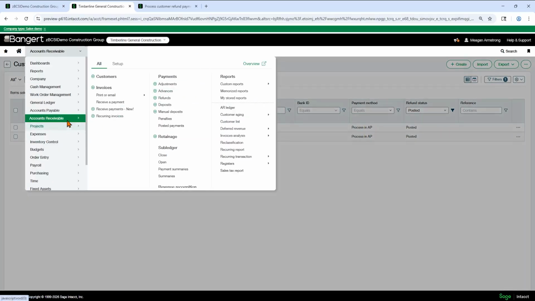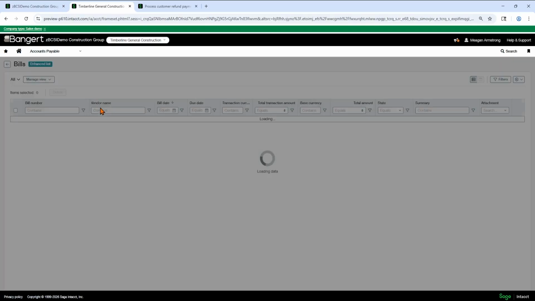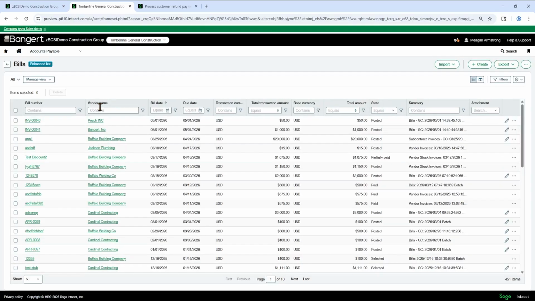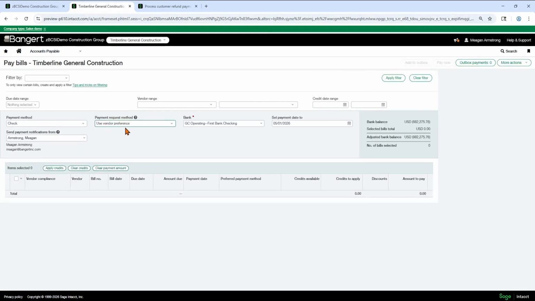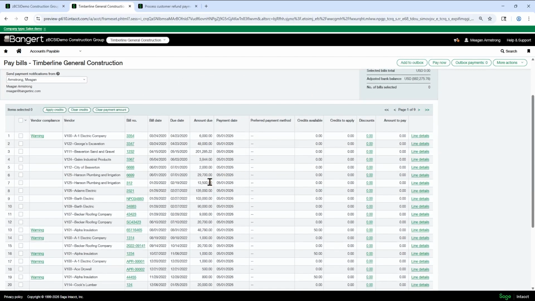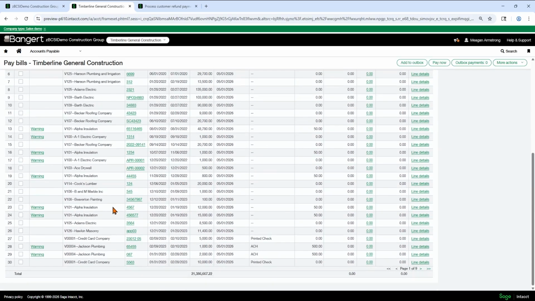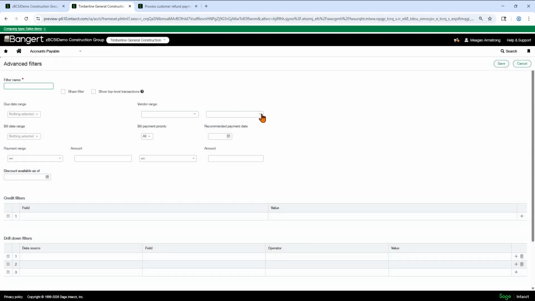So if we hop over to accounts payable, our bills, we'll see those two here. And we can just go to pay bills screen and we can pay those like normal.